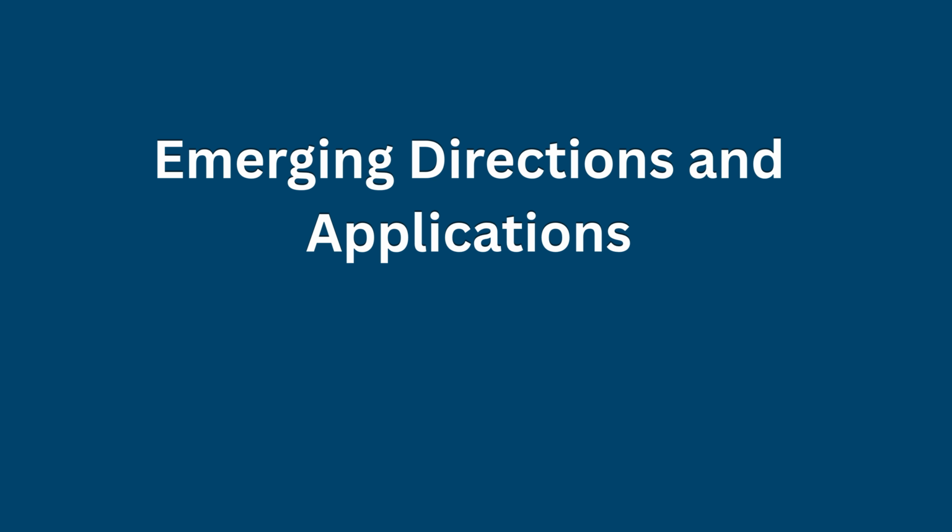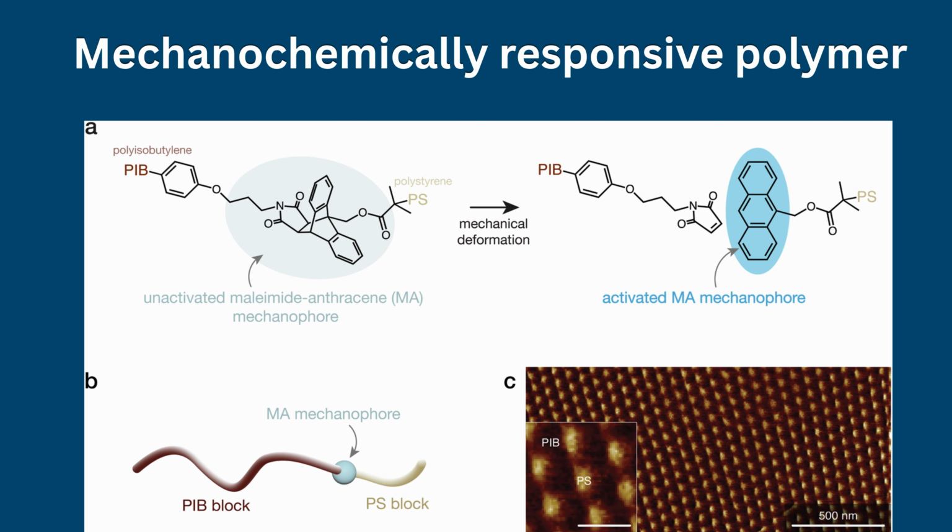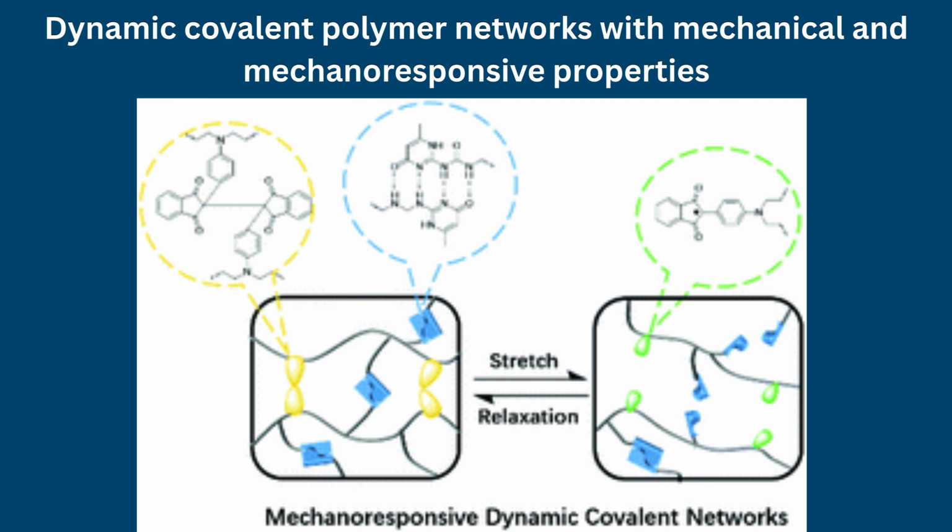Recent progress in polymer network science has been driven by the integration of chemical reactivity into network structures. Mechanochemically active networks, incorporating force-responsive molecules, mechanophores, enable direct coupling between mechanical deformation and chemical transformations. This approach has facilitated the development of materials with stress sensing, self-strengthening, and adaptive properties. Dynamic covalent networks are also advancing sustainability by enabling reprocessable thermosets and recyclable materials. Vitrimers, for example, combine the mechanical robustness of thermosets with the reprocessability of thermoplastics through associative bond exchange mechanisms.